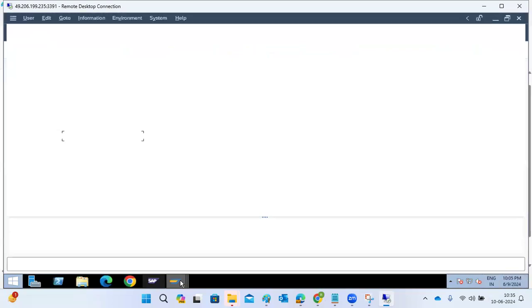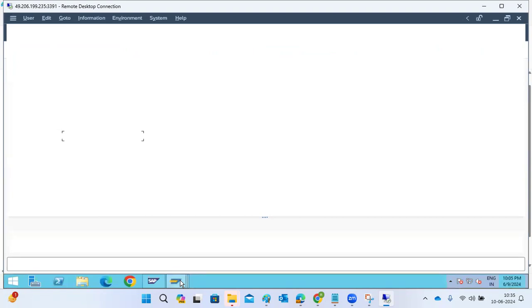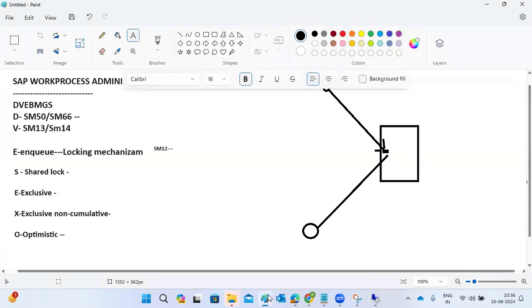Yes, that is the locking. Next one is the background jobs. The background work process requires more time, so we can discuss that tomorrow. But let's discuss about the